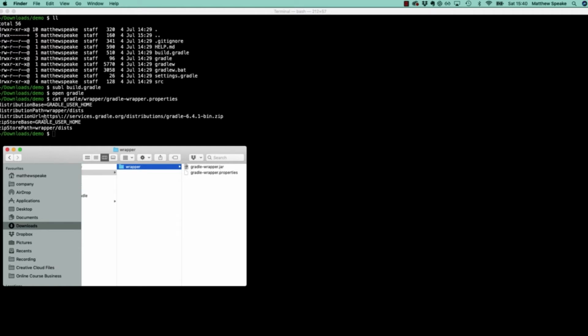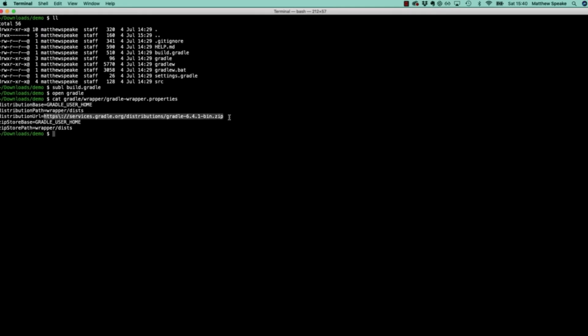this distribution, which is here, you can see, at services.gradle.org/distributions, and then this distribution file name, and it's going to unzip that into Gradle user home, which is a .gradle folder under your user home directory. So on Mac that's ~/.gradle, and on Windows it might be /Users and then your username in the latest versions of Windows. And it's going to unzip that into the wrapper/dists folder under a subdirectory of the same name, so gradle-